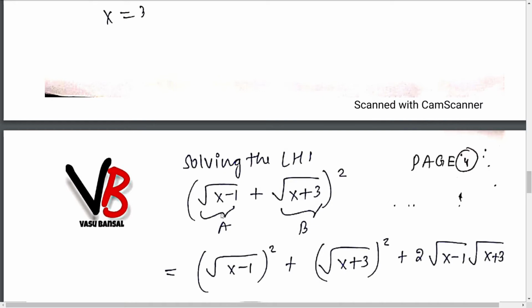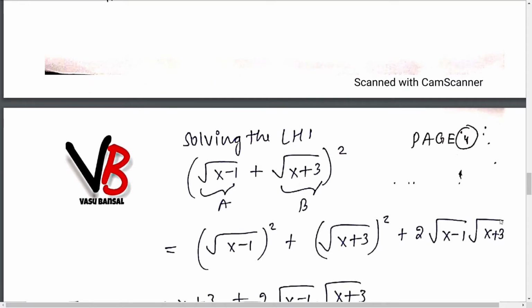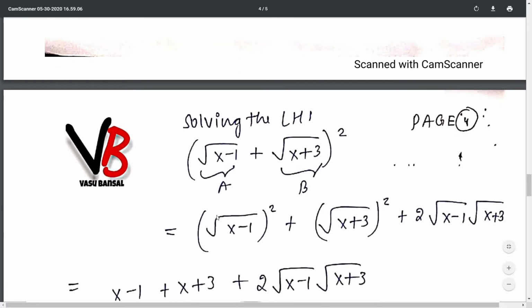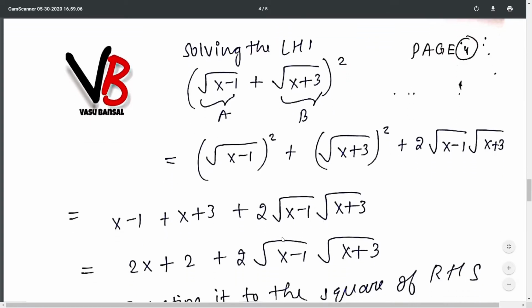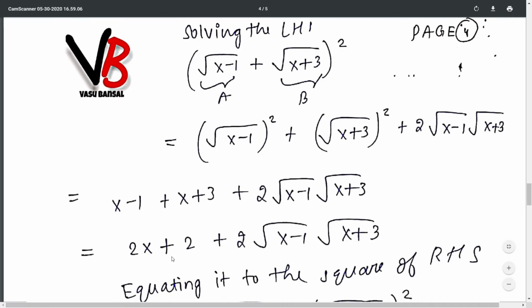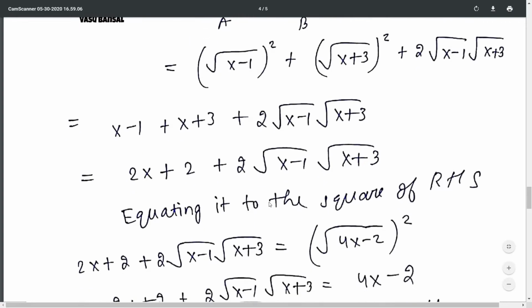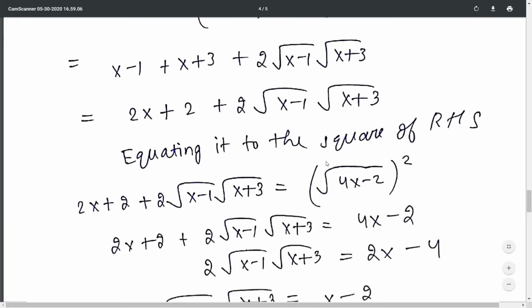On squaring, (a plus b) whole square is equal to a square plus b square plus 2ab. A is this, b is this, 2ab, right? Root and square will cancel, so we'll get x minus 1. Root and square will again cancel, we'll get x plus 3, and 2 into a and b. A is root x minus 1 and b is root x plus 3, right? So x plus x, 2x, 3 minus 1, 2. So this is the expression on the left hand side, and on the right hand side we are getting this on